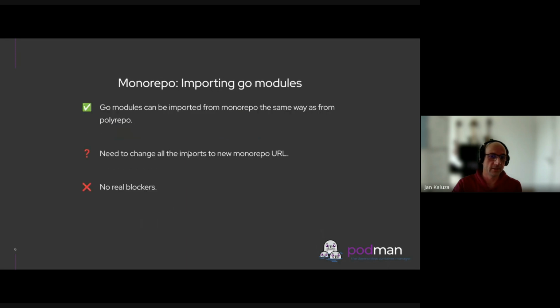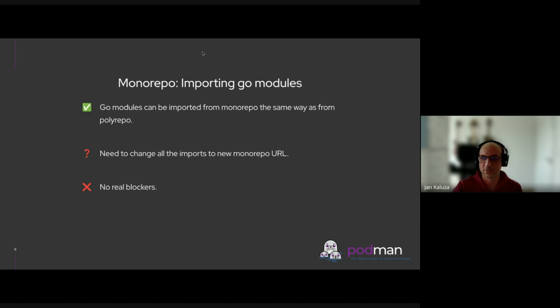The next part is about importing Go modules. Here it starts to be a little bit more interesting, because if we switch to monorepo, the URLs to the modules would also be different. So we have to go through all of those other projects using the image module, storage module, and common module, and change the URLs to the new URL pointing to the monorepo. Again, it's not a real blocker, but